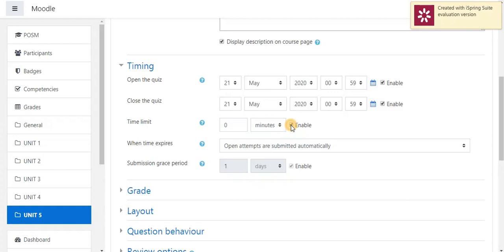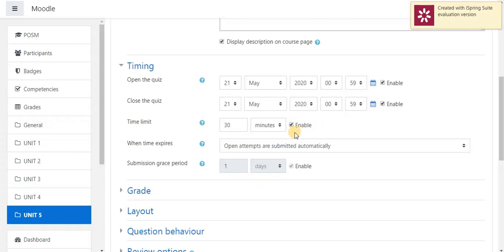First I have to enable this, then I have to mention the time of the quiz, 30 minutes. So students can attend the quiz in a time limit of 30 minutes. They can attend within this duration, but their time limit should be only 30 minutes.